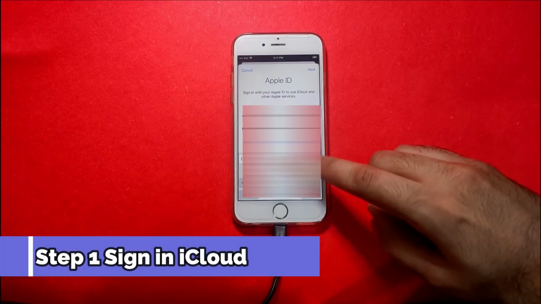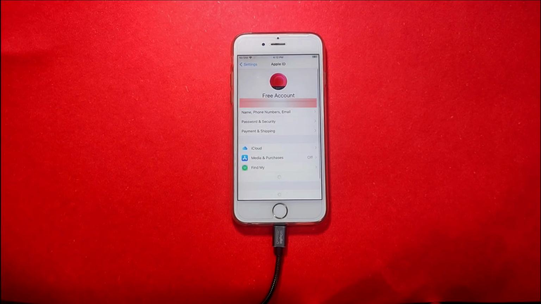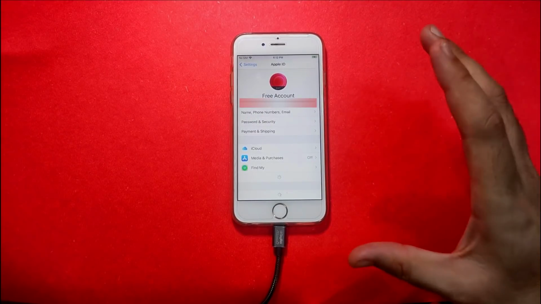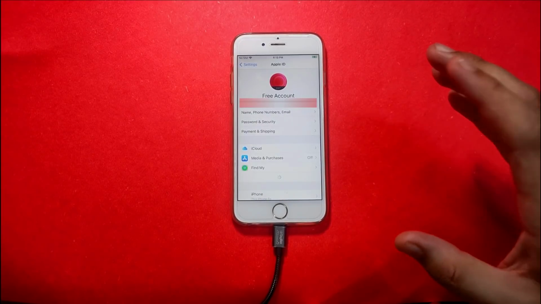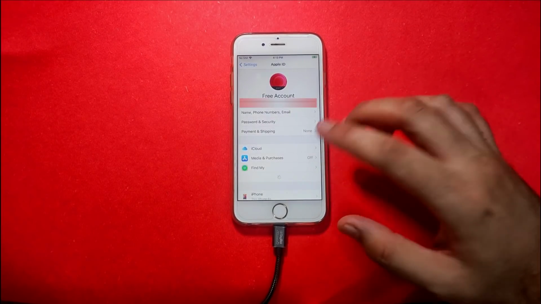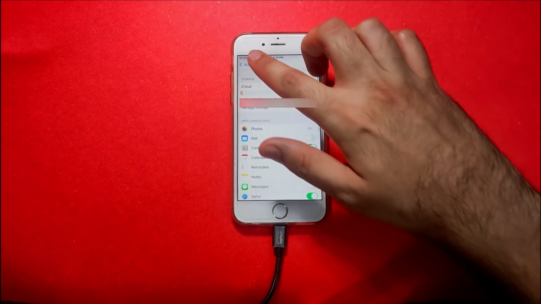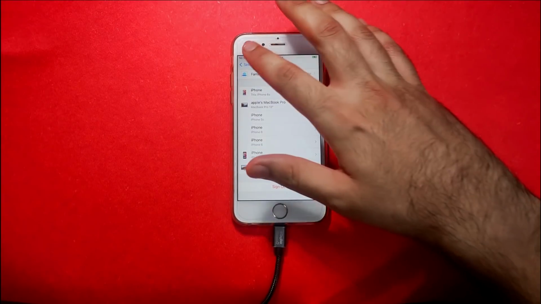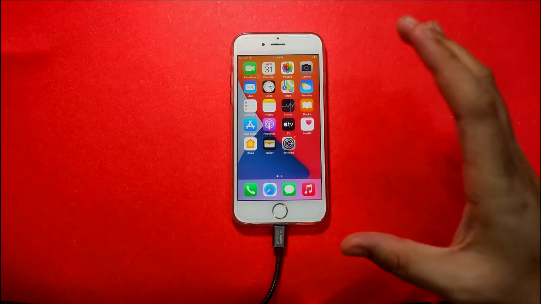Now in step 1, I will show you that the iCloud login will work perfectly, so you can log in with your own Apple ID account, or you can make a new one, and you can see that iCloud is working perfectly. You can see the Find My Phone option and the other devices connected with it, and you can see the iCloud storage, and all the Apple services will work. So you can see all your backups, if you have created them, you can restore them here, and you will see other devices that I've connected with my Apple ID. Now I have shown you that the iCloud login is working.